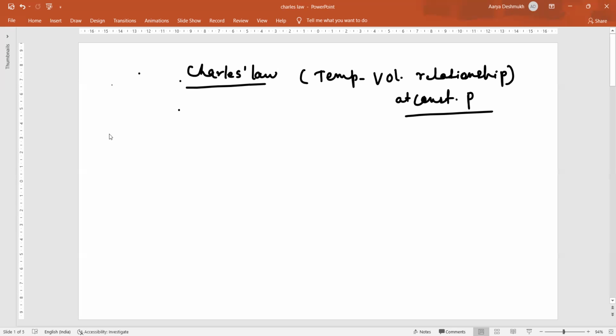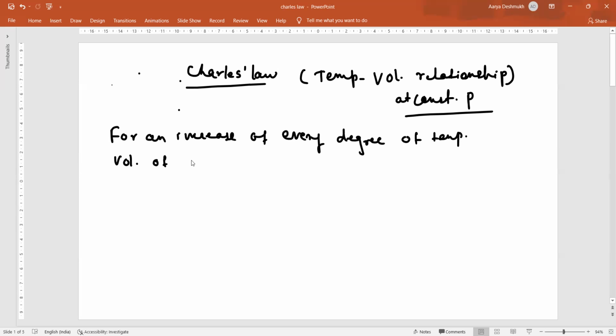statement for this. For an increase of every degree of temperature, volume of the gas increases by, this is important, increases by 1 divided by 273.15 of its original volume,